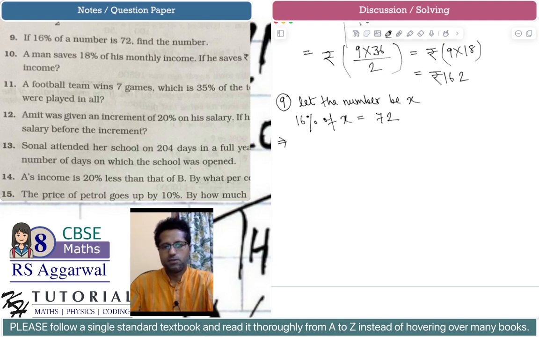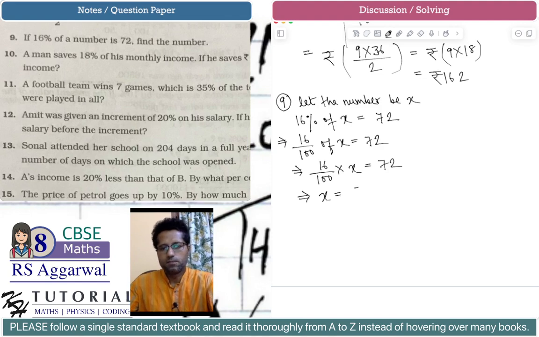Now this implies, what is 16% of x? 16% means 16 by 100. So we have 16 by 100 of x is equal to 72. So this implies, of operator means multiplication. So we have 16 by 100 multiplied by x is equal to 72. So this is a linear equation in variable x. We can say that x will be equal to 72 divided by 16 by 100. This is equal to 72 multiplied by 100 by 16,